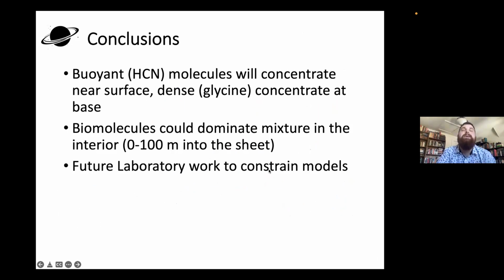And again, I know it's a lot to take in. The main takeaway here is more buoyant things will freeze more at the top, denser stuff will freeze at the bottom. The way in which this happens for a mixture is more complicated, especially when that mixture is actively changing. Future laboratory work, though, is something that we're hoping to do because it'll help us understand the rate of hydrolysis, but also the way in which mixtures interact with each other in this process. Thank you so much for your time.